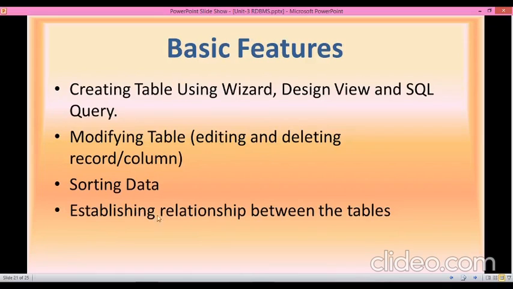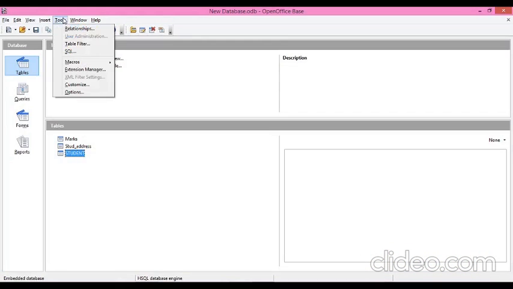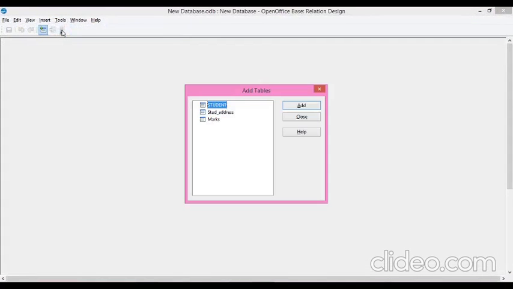Next feature is establishing a relationship between the tables. Now how can we establish the relationship between the tables? To establish that, select this tools option. From there select this relationship submenu item. After we select this, this is the dialog box that appears. It is asking us to add the tables in which we want to create the relationship. So this student table, and let's select this marks table. So these are the two tables